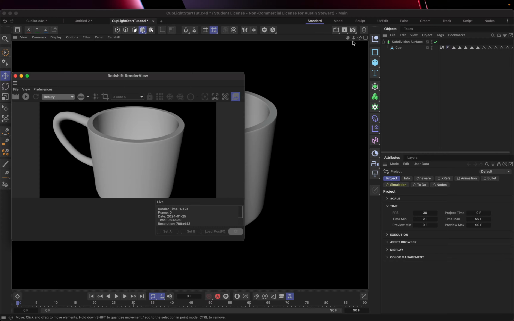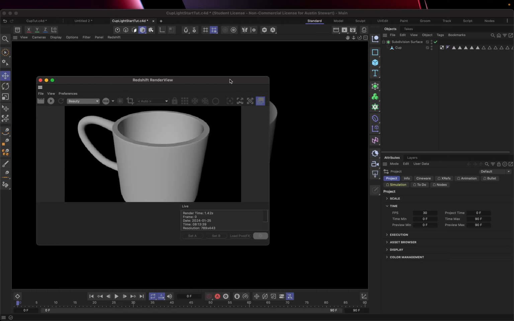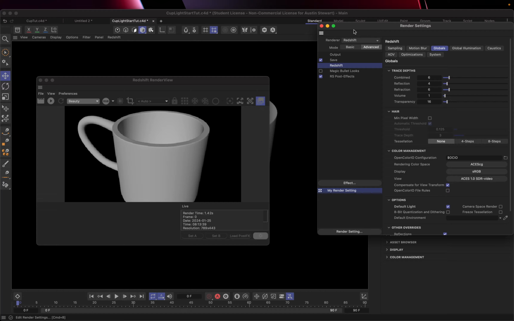Now, if for some reason nothing looks like this when you do this, it looks different in some fundamental way, you're probably still on the standard render engine. And the way you would change that is you go to the Edit Render Settings. You just click on it once. And up here, right at the top, it says